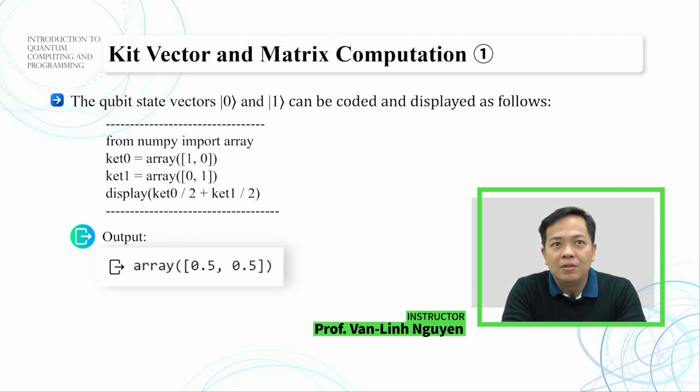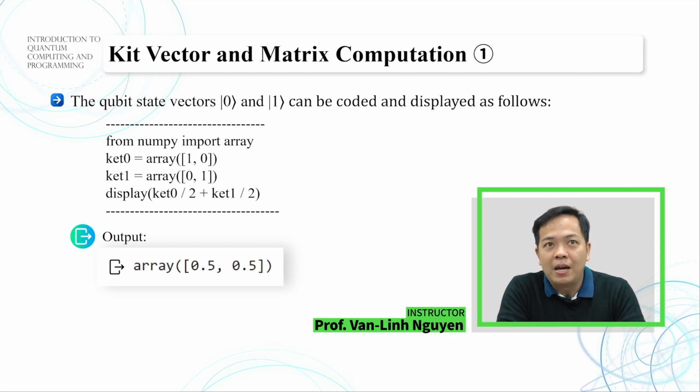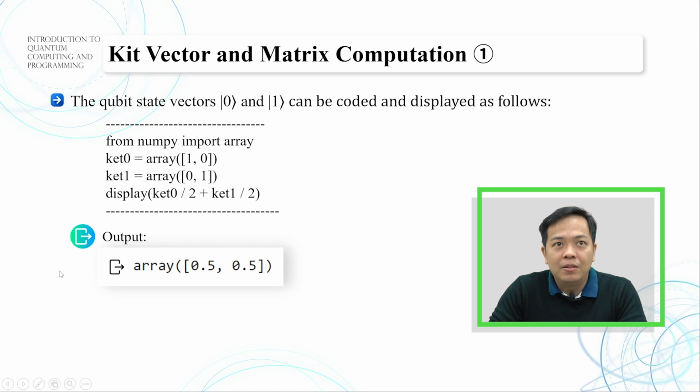First, you will see this: the ket vector and matrix computation. This is going to illustrate how you can define qubit 0 and qubit 1. If you look at the screen, the first thing you need to do is import the array from the numpy library. And this is the definition of qubit 0,